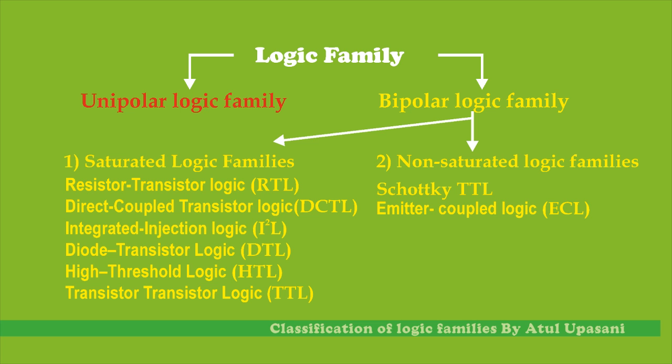The fifth type is transistor logic. It means that the transistors are connected with each other. That means the output of one transistor is connected with the input of another transistor. So only transistors are combined here to form a circuit. That is why it is called transistor logic.